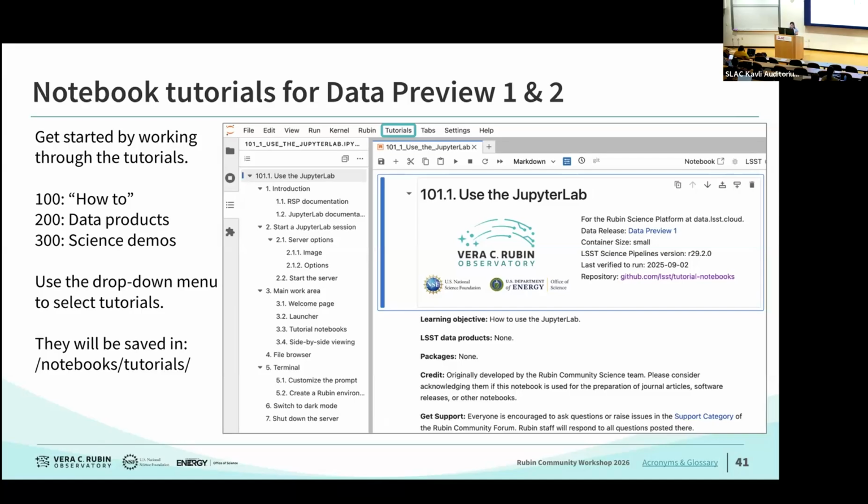So 300 level tutorials demonstrate science cases, and we are trying to cover broad topics as much as possible from our community science team expertise. It doesn't cover everything, of course, but there's a good amount of tutorials you can use. And maybe if you select one tutorial, then if you open that tutorial before, you might see the